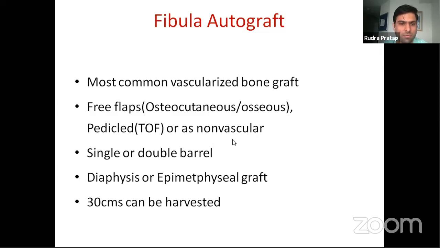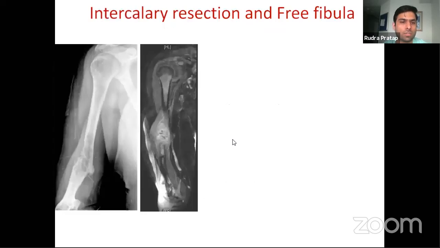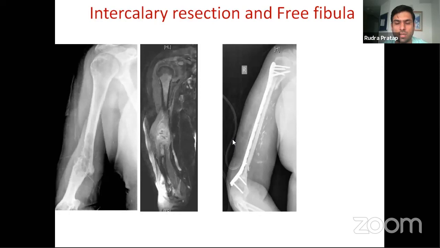It can be used as a free single strut bone or in a double barrel fashion. It can be used from the diaphysis or can be harvested as an epimetaphyseal graft. A maximum of 30 centimeters can be harvested from the fibula. So here is a patient of Ewing sarcoma of the humerus with a pathological fracture, which we have reconstructed with a